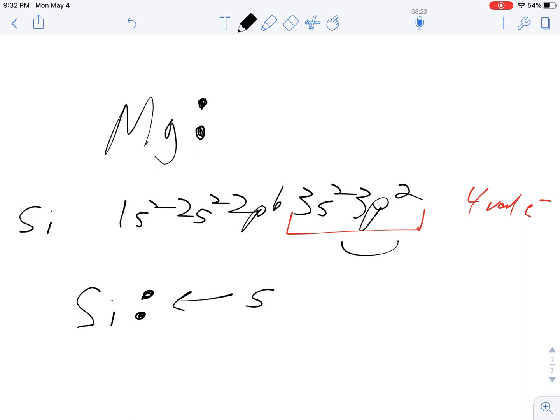But now I've got 2 p electrons. You don't do this, okay? Remember, each electron gets its own house before you start doubling them up. If you remember back to when we did the orbital diagrams, these 2 electrons are not paired up. One is in each of the p's. So when we write them on the silicon, we put 1 there and we put 1 there. Okay? So the p's go